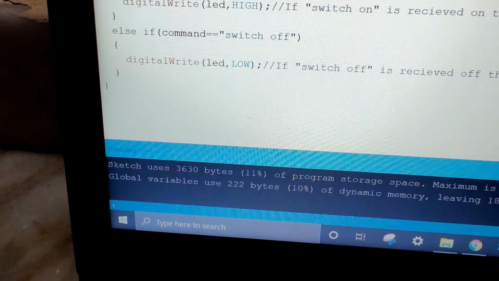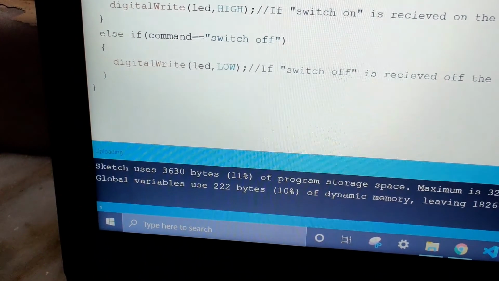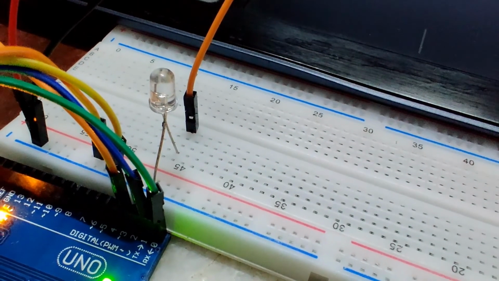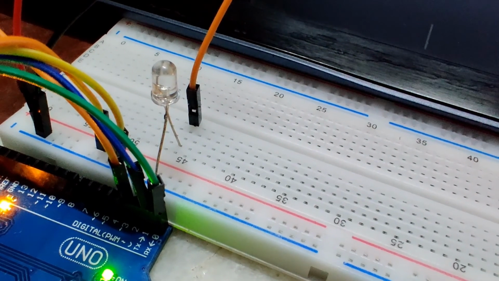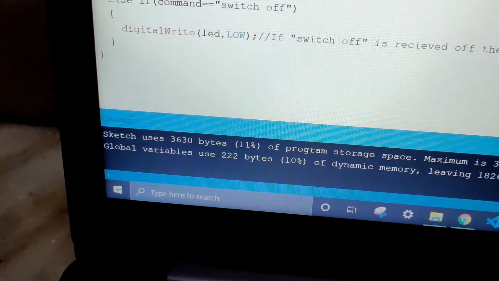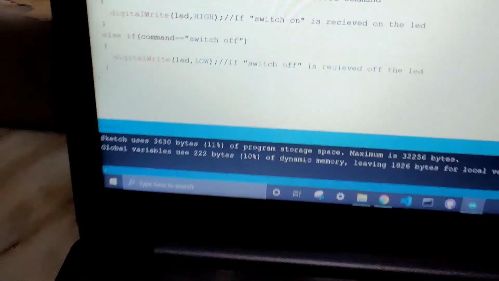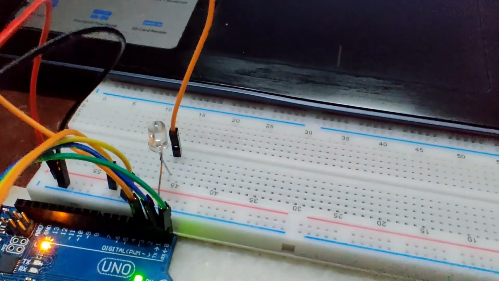Once you can see that it's compiling and the uploading symbol comes, nothing will be uploaded right now because you have connected the RX and the TX pins from the Bluetooth to the Arduino. It won't work that way. So the easiest way is to remove the RX and TX before you upload. You can see that it will keep waiting in the uploading status for a long time. So you remove it right now and try uploading. It will upload, and then you connect it back.